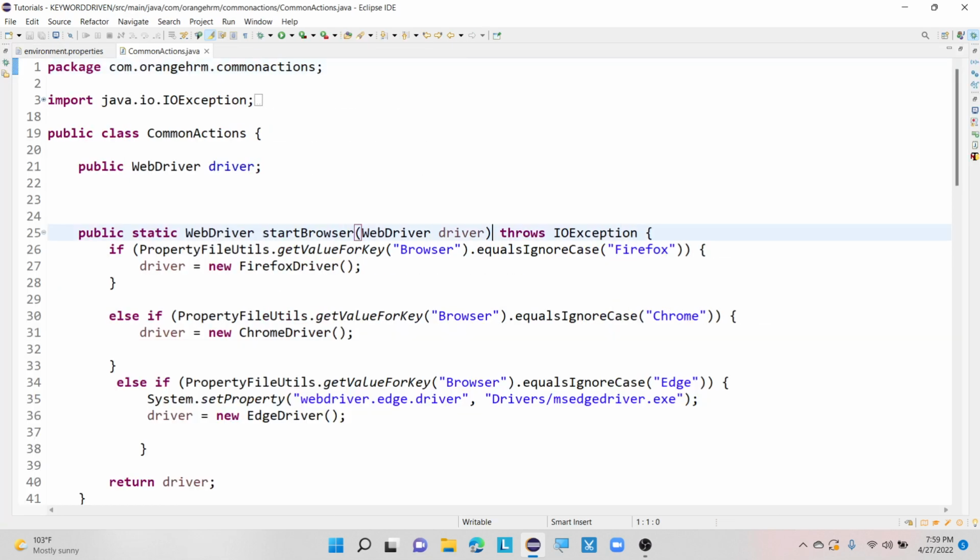Here you can see I have written a WebDriver return type, and this method is a static method. We are going to provide a string locator type here as well as a locator value also. For example, first what we need to do,